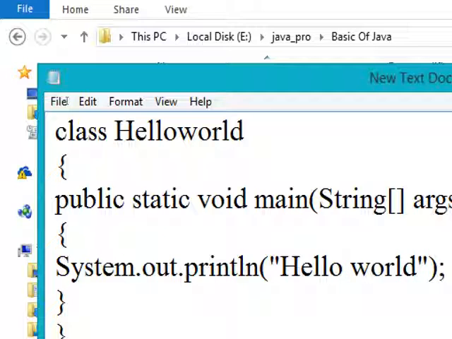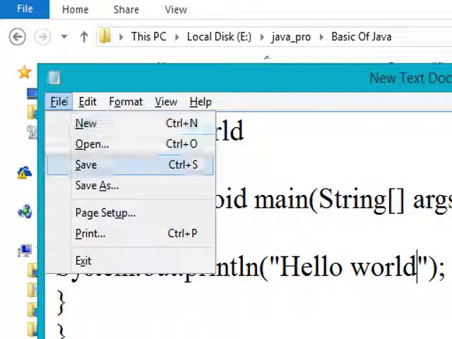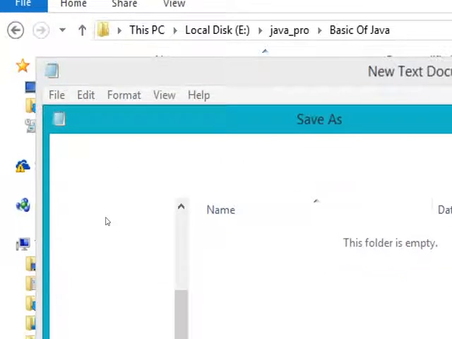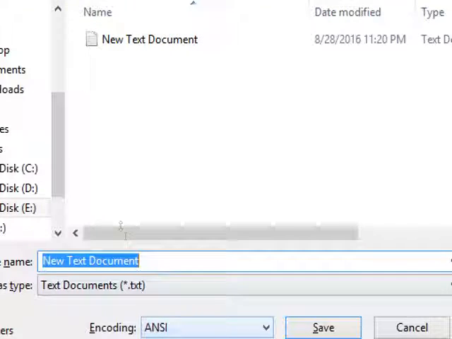Now save this file with your class name. Actually you can save this file with any name, but as our class has the main method inside the HelloWorld class, we need to save this program as HelloWorld. Save this file as HelloWorld as that is the class name, and the extension should be .java.